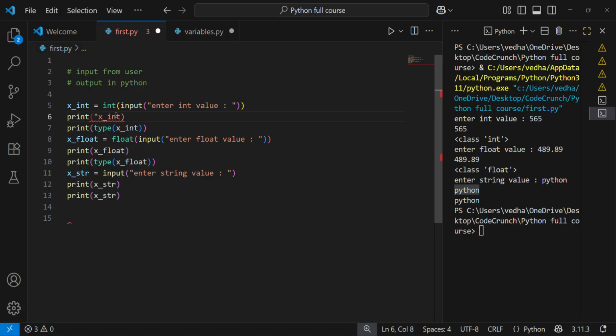It is done just by using double quotes for writing the text, and for separating the text and the variables we use the symbol comma. So this int value is